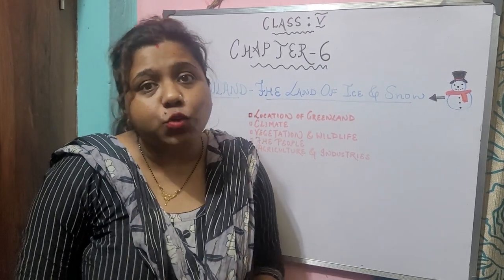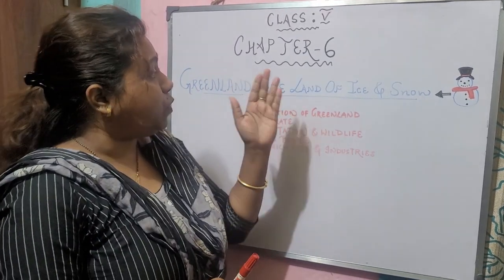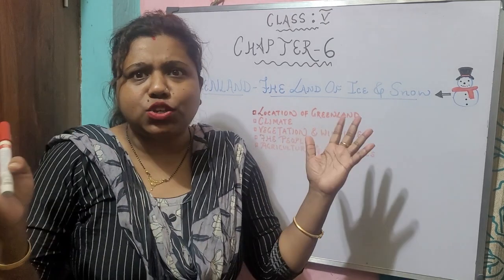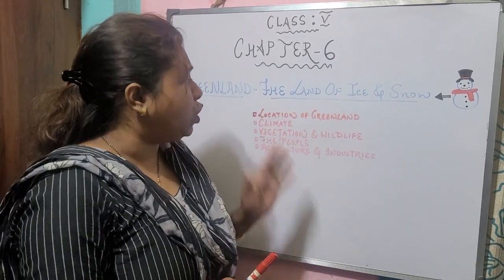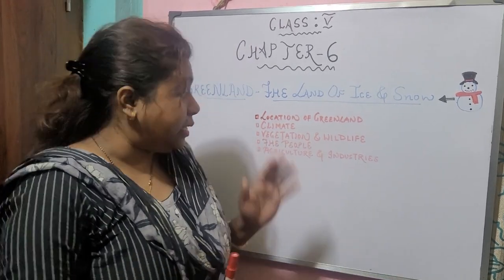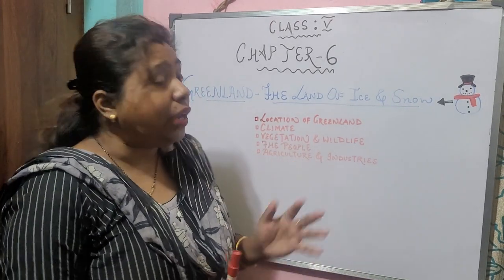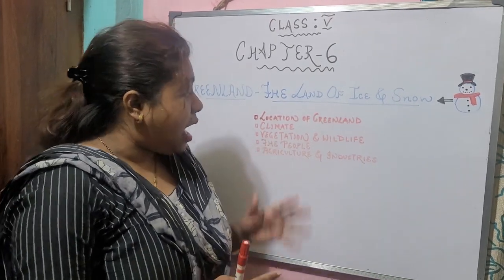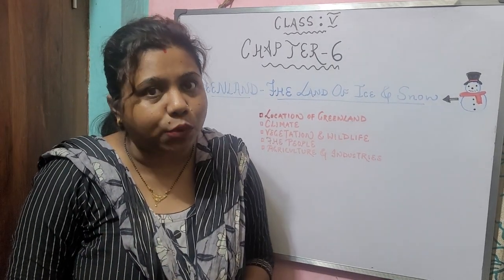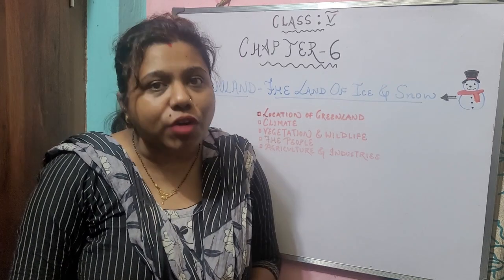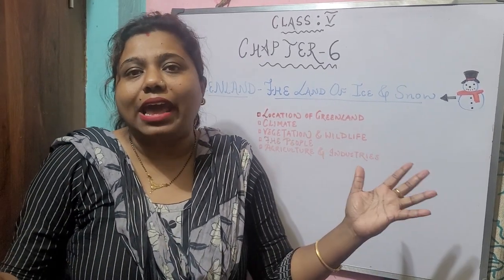Today, we are going to start with another new chapter of class 5, and the name of the chapter is chapter 6, Greenland, the land of ice and snow. In this chapter, we are going to know about the location of Greenland, about its climate, vegetation and wildlife, about the people who live in Greenland and about agriculture and industries which are located in Greenland. So without wasting much of our time, let's get started and let's know about the land of ice and snow,